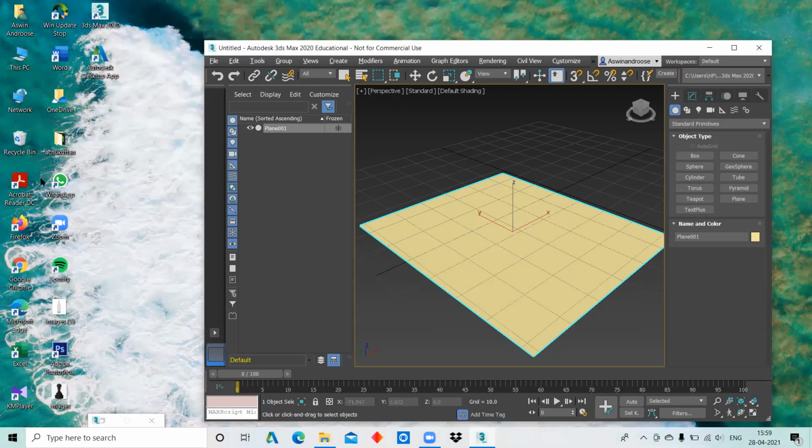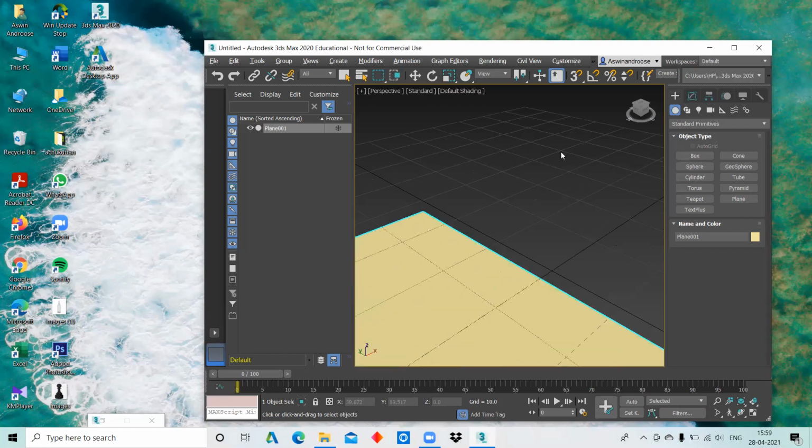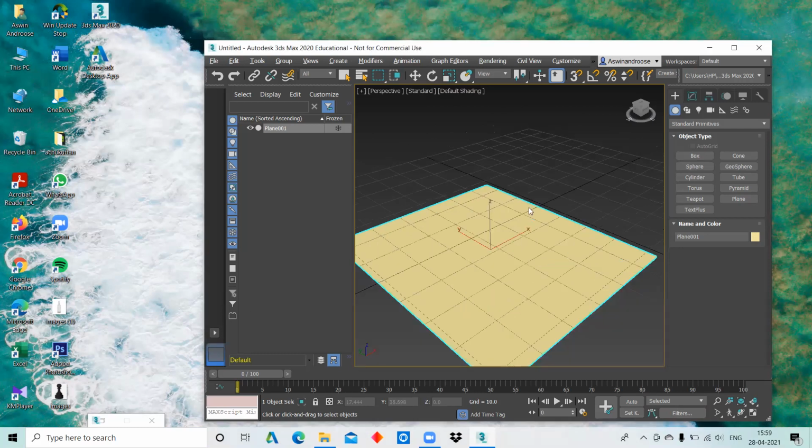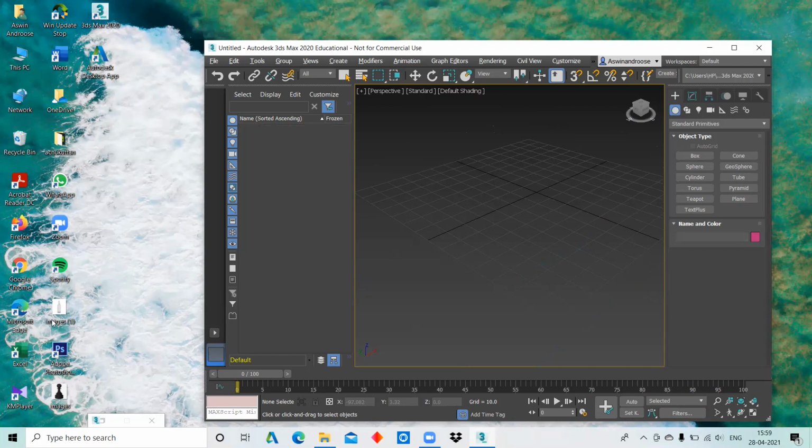Drag and drop on the background image, not on the plane; on that gray area. Did anything pop up? Nothing. Just check what is this window on the down left side.